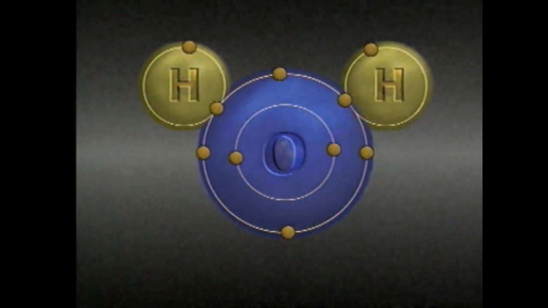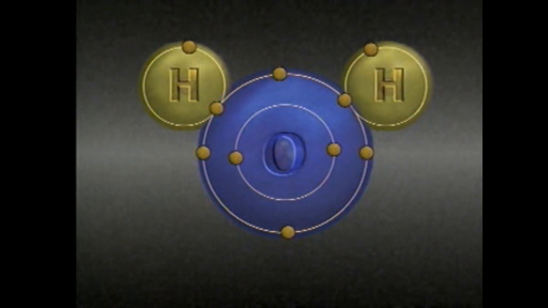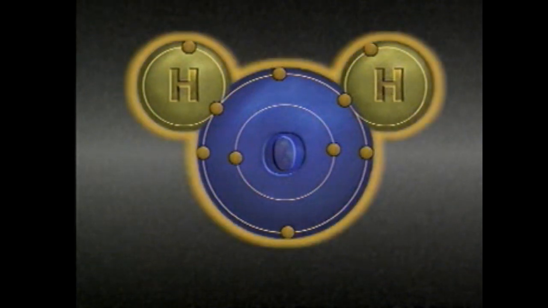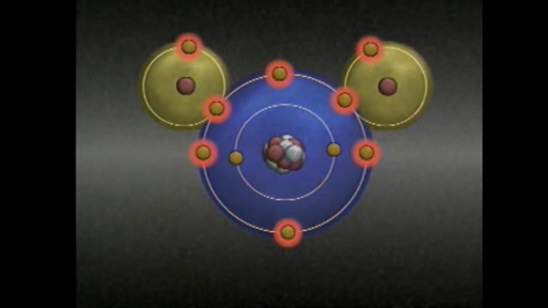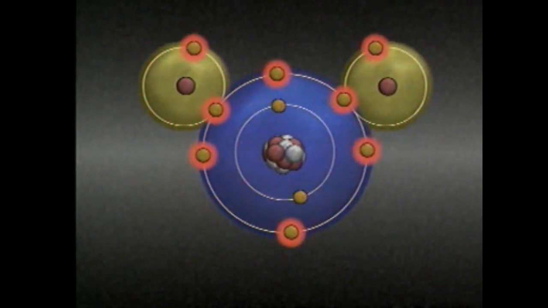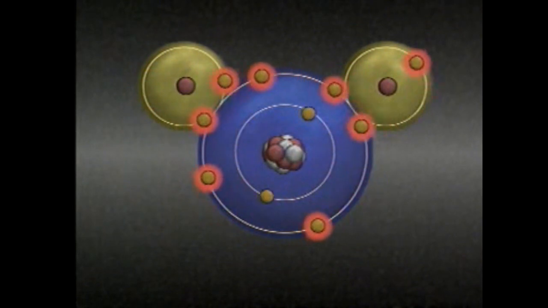The oxygen atom has 6 valence electrons. When hydrogen and oxygen combine to form water, the 3 atoms join together by sharing the 8 valence electrons. The 8 electrons orbit around all 3 nuclei, and it's the sharing of these valence electrons that holds the water